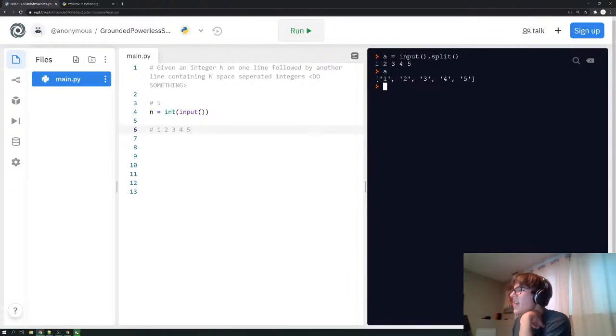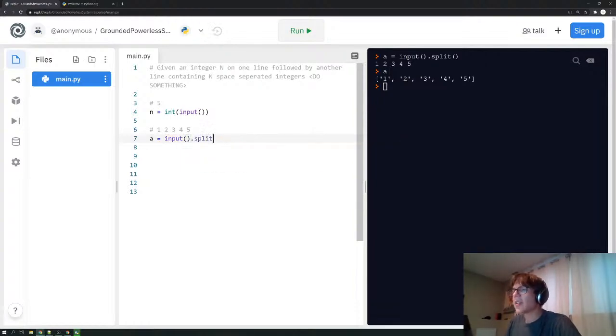So what we need to do is convert each of these to an integer. I'm going to show a really awkward way of doing that first, and then I'm going to show a nice way. So imagine we use what we've done so far. I read an input, I split it on the spaces, and what I can do now is do for i in range